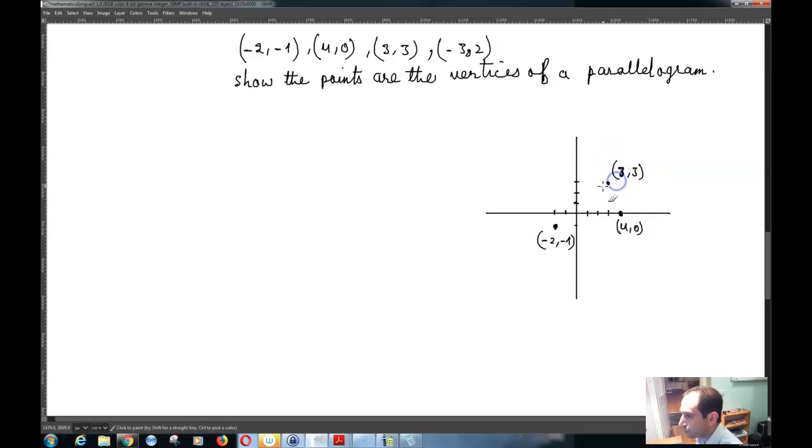And then you have negative 3, 2, which is this point over here. And if I put these points together, it's supposed to be a parallelogram. Now if I call these points A, B, C, and D,